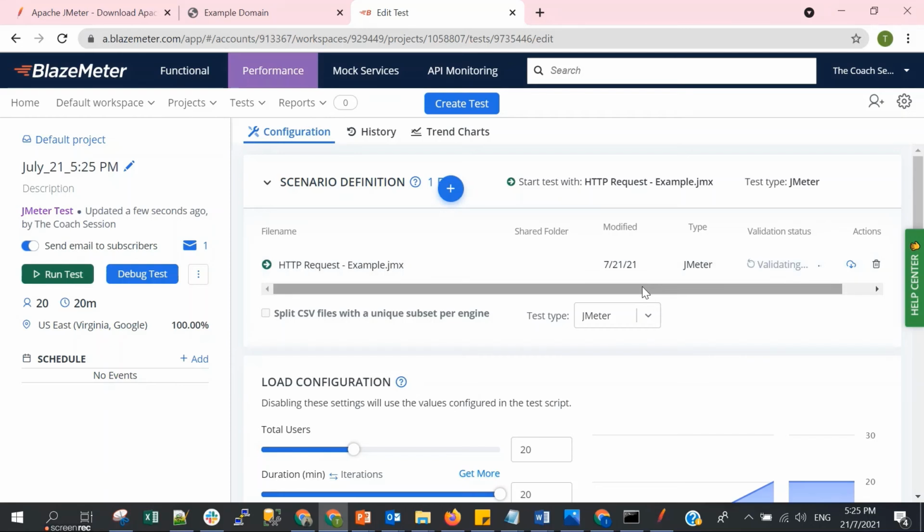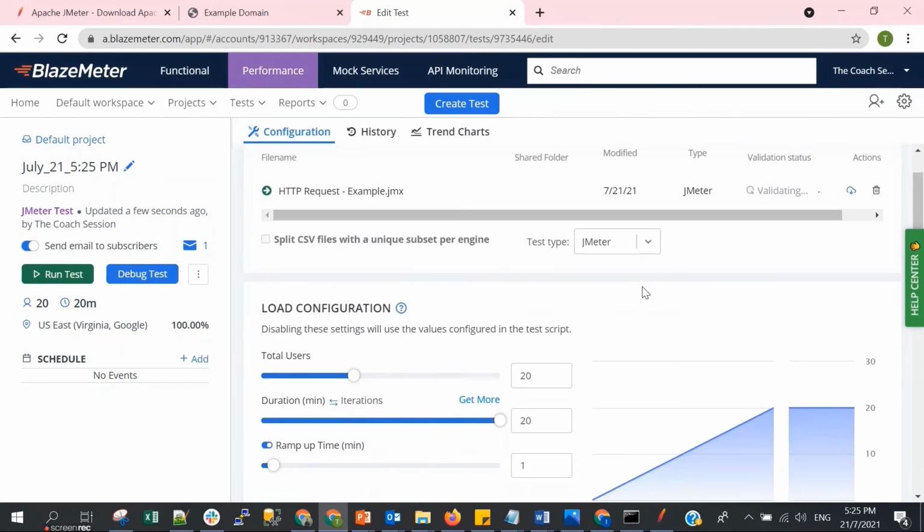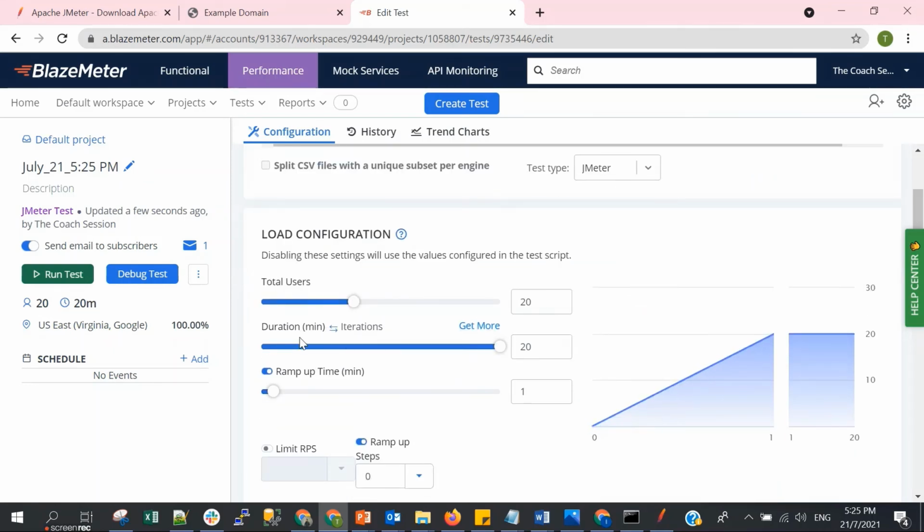Earlier, if you remember, I tested 10 users for 2 iterations. So in the load configuration, it actually captures from the file, which we can see is also 20, but you can override the parameters from here, the thread properties.